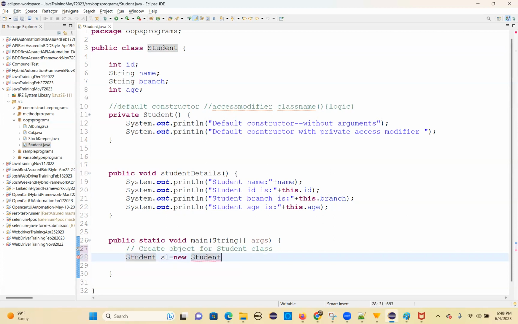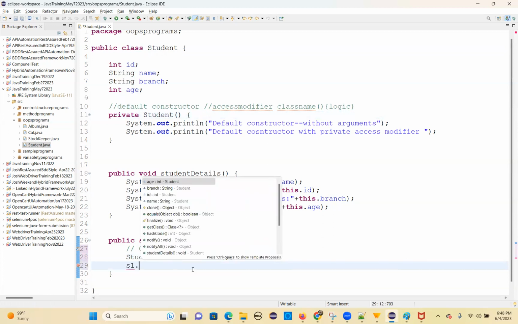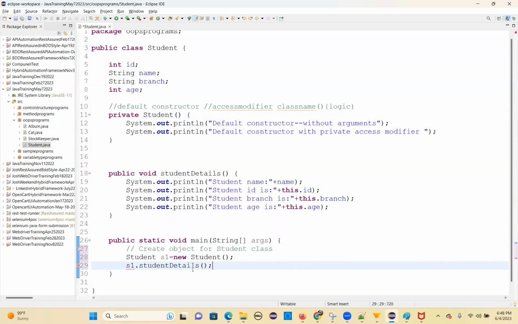See that? I'm calling the constructor here without any arguments because this doesn't have arguments, so here also you should not pass any arguments. So when you call s1 dot student details,